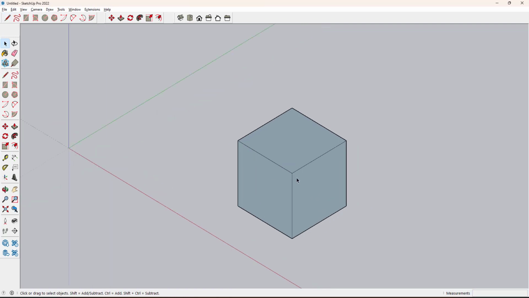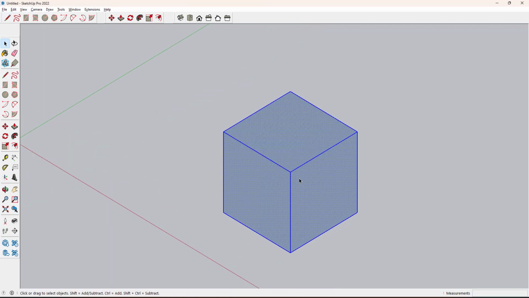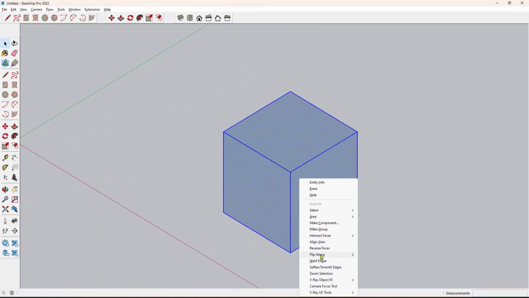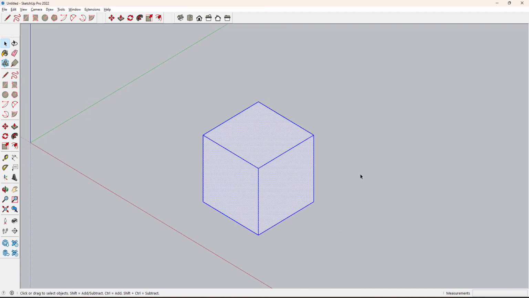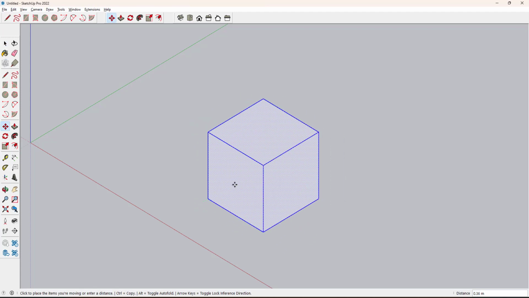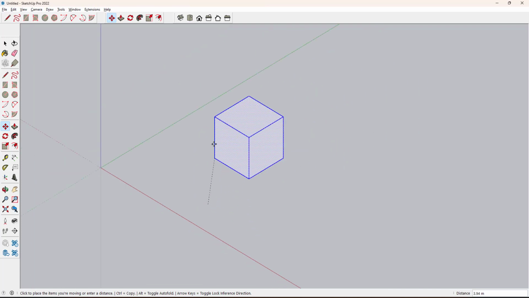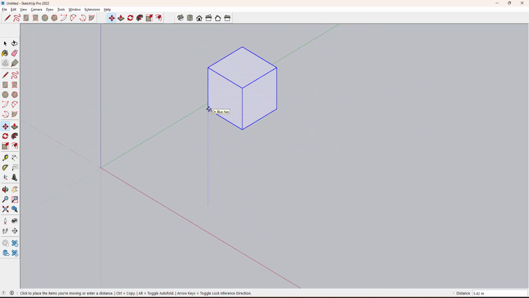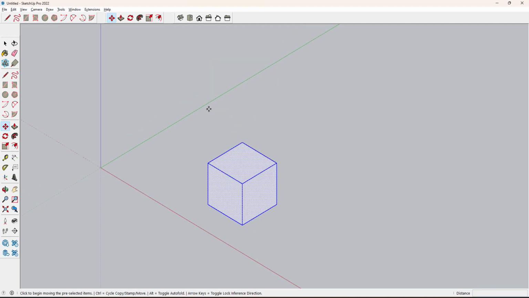If the object is in 3D, first you reverse it by triple click, right click and reverse it. If it is 3D, we have to triple click to select the object. Get the move command by pressing M, and then you pick the point and move it in the particular direction in which you want to move. Keep it straight and then give the distance 6, enter, like that. I just do Ctrl Z. So like this you can move.